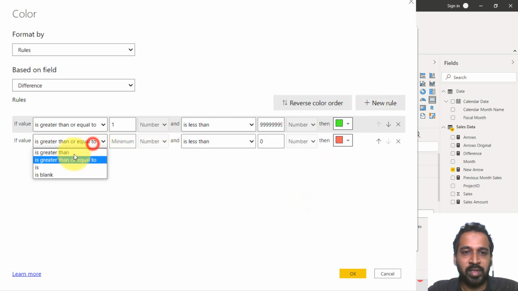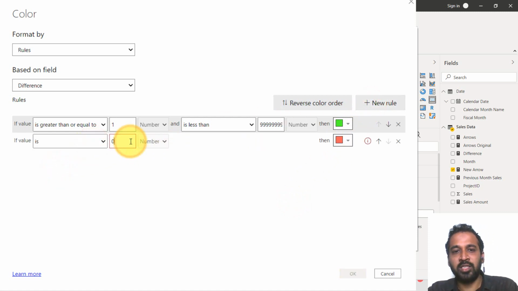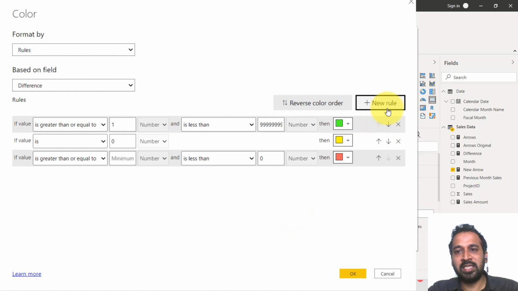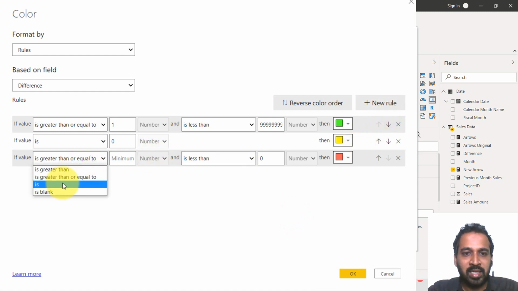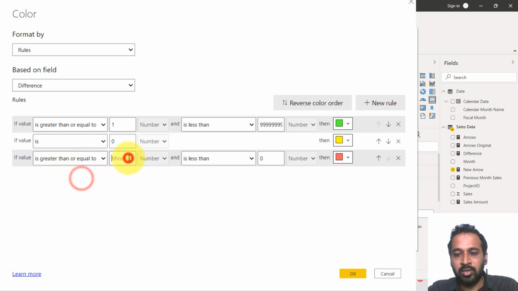And a new rule: if it is exactly 0, the difference, both months are the same, then it can be a yellow color. It is better to use the signal colors, red, yellow, and green. So if it is greater than or equal to minus 0.99 and less than 0, click OK.